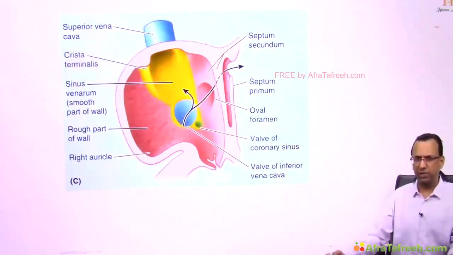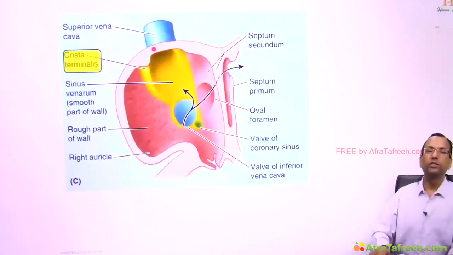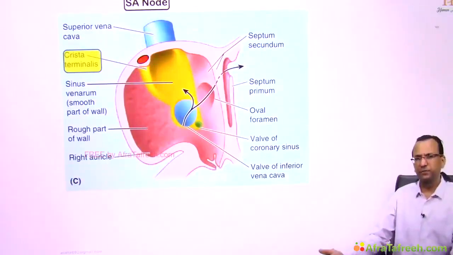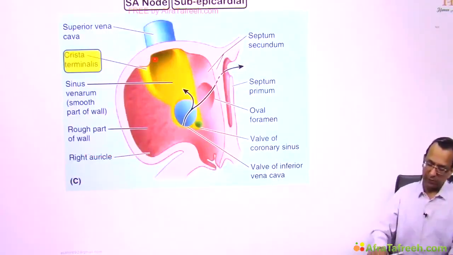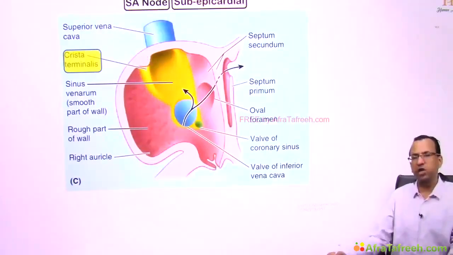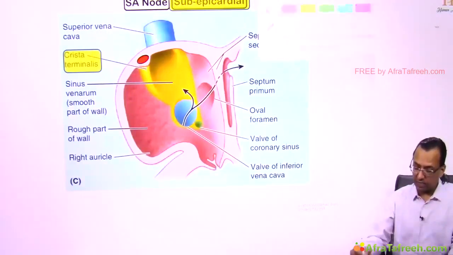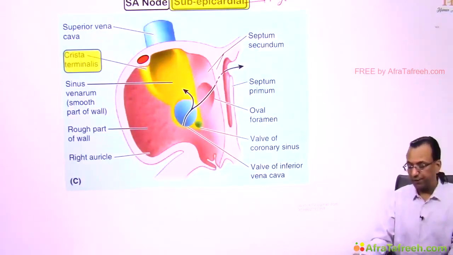Yes, a question comes now. What is developing at the upper end of the crista terminalis? The SA node. Where is the SA node present? Myocardium, endocardium, or epicardium is the question. Gray's Anatomy says the SA node is present at the upper end of the crista terminalis in the subepicardial region. But the subepicardial region is not in the options. What should I say? If the subepicardial region is not an option, then you have to say that it is developing in the myocardium. Some books say it is developing in the